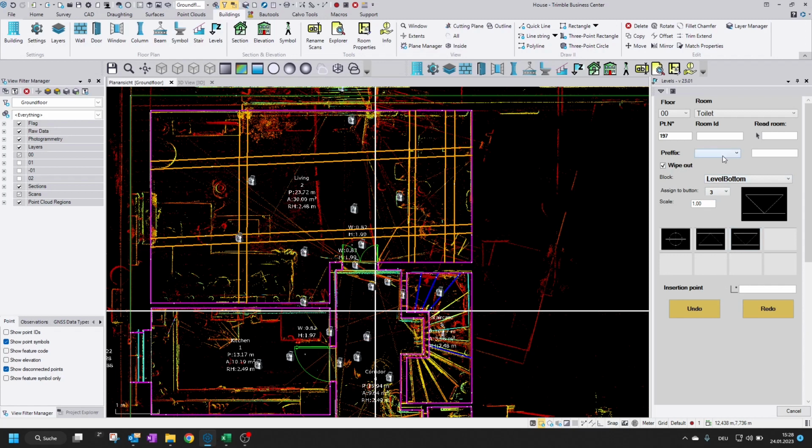So then we have some prefixes here predefined. So finish floor level, whatever. So you can pick one from here, or just directly write here something with double point and space, for example,